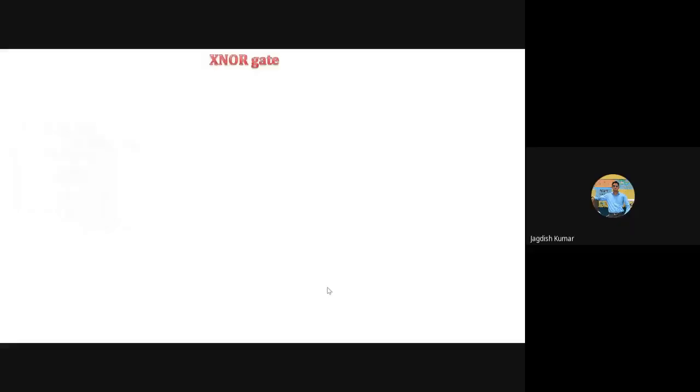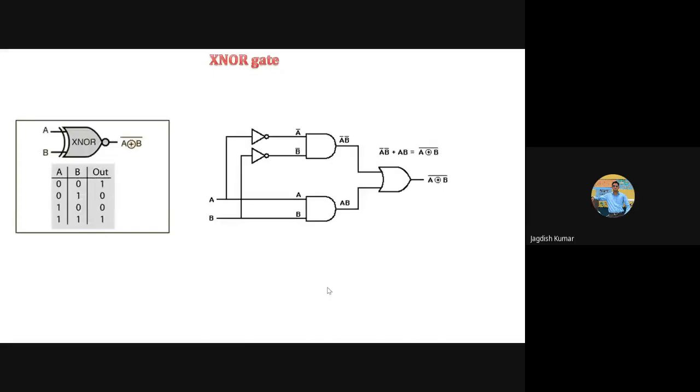Then exclusive NOR gate. I hope you remember in last class we did exclusive NOR gate. What should be the expression for this gate? Now here again, you can see this was A bar and B bar, correct? This is quite straightforward. Was there some other implementation of exclusive NOR gate? No. Okay, let's leave this then. I mean, we don't need to do this part. So exclusive OR gate, these are the two assignments you have to do for next class.